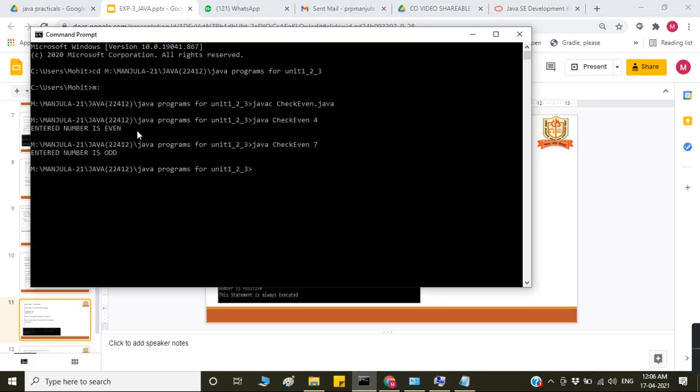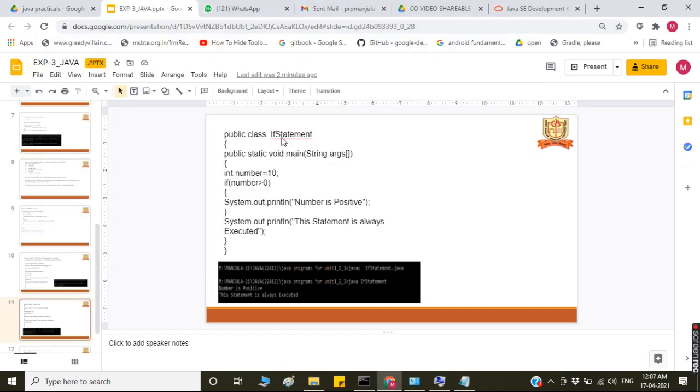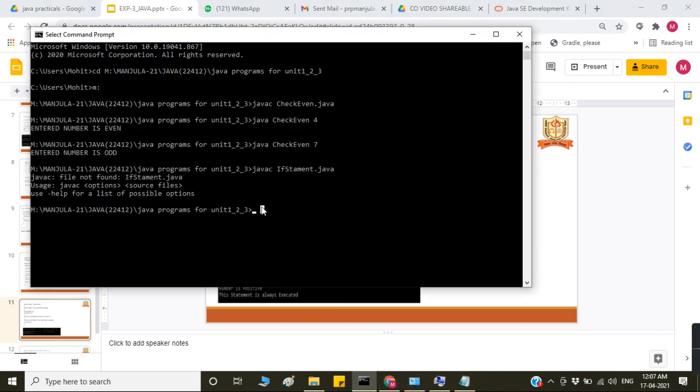So open this. javac if statement dot java. So the Java statement, what is it? Statement, yes, the S is capital. javac statement dot java.